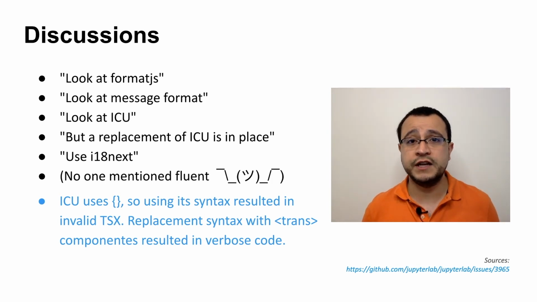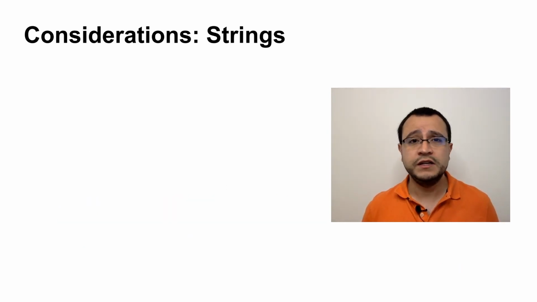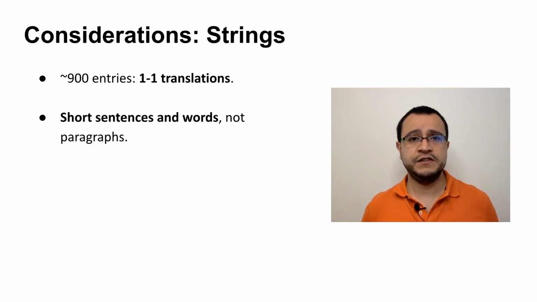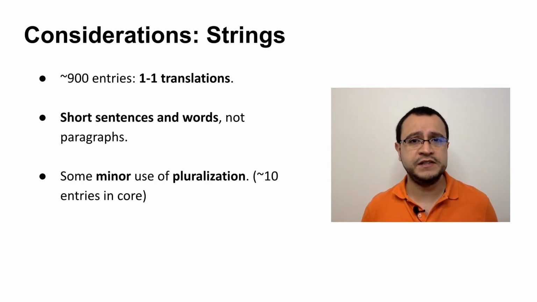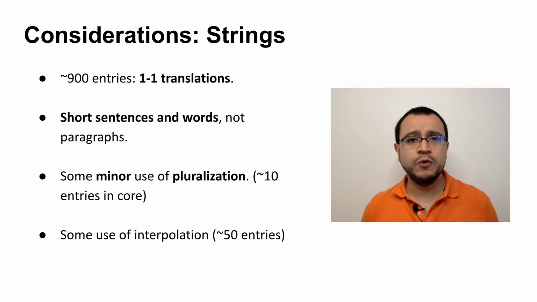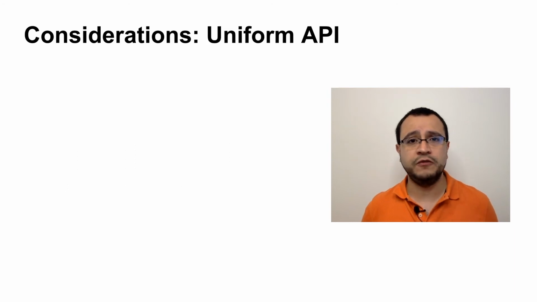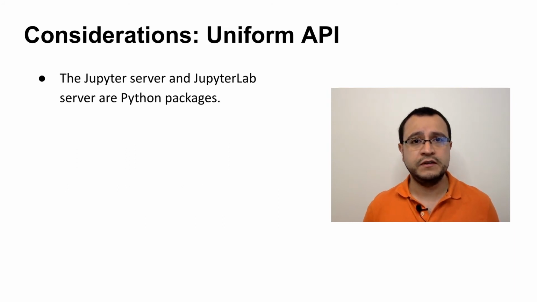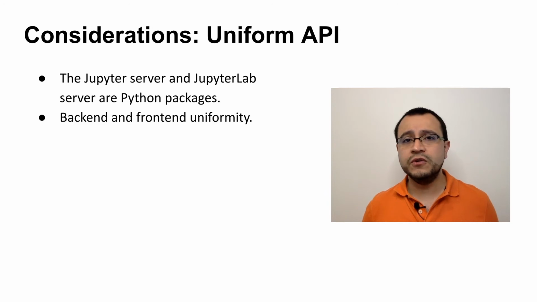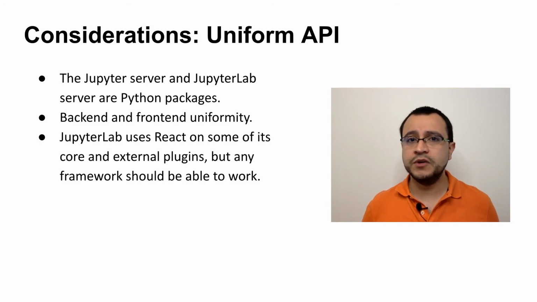Some considerations in actual strings is that most of the codebase is one-to-one translations. Most of the entries themselves are short sentences and words. Pluralization was used only in a handful, as well as interpolation. So we wanted to really introduce very minimal changes in the codebase. Additional to this, we want to have a uniform style API for both backend and frontend. And although some components in JupyterLab core use React,